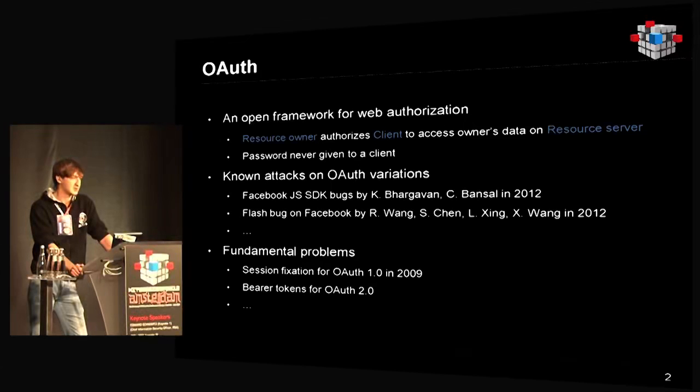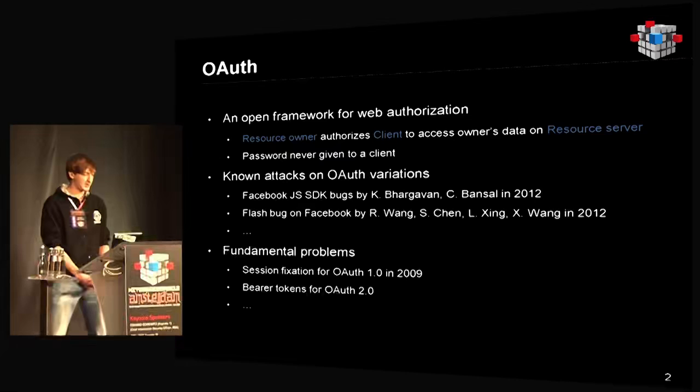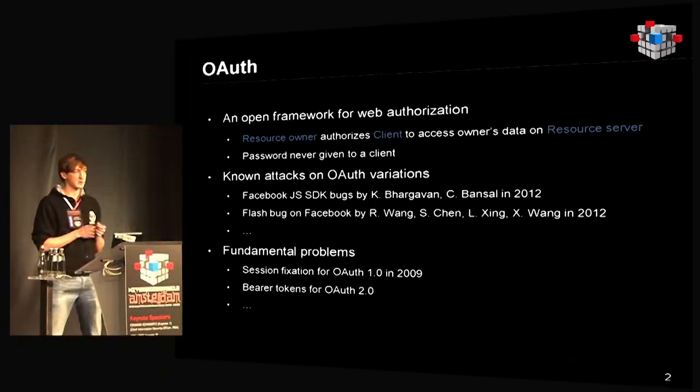I tried to fit everything about the OAuth background into one slide. Anyway, you had another talk about OAuth, so you should have at least some background on how this protocol works. But anyway, first, there are 4 actors in this protocol. The resource owner authorizes the client, which is the third-party application, to access his data on the resource server. There is also the authorization endpoint. In the case of Facebook, the authorization endpoint and the resource server are the same. So the simple idea is that the password is never given to the third-party application, only an access token.